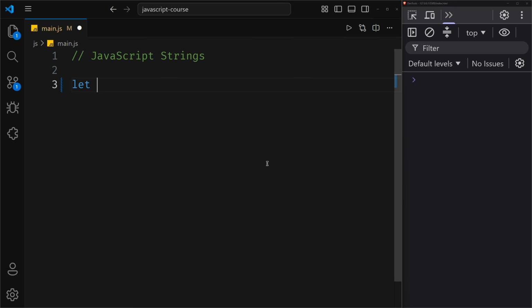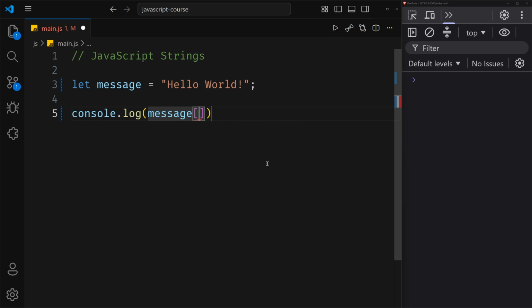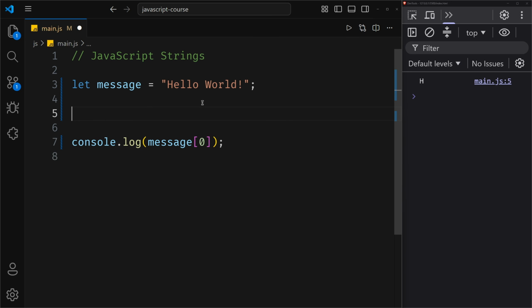So if I just do let message equals hello world. All right, so this is our message. Now, in the last video, we have seen something like this: message of 0 will give us the first character. So in our case, if I just do message of 0 equals